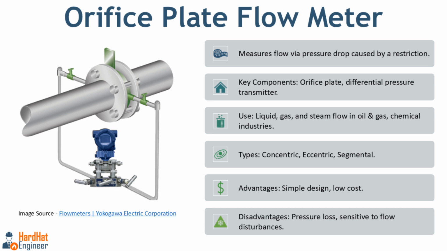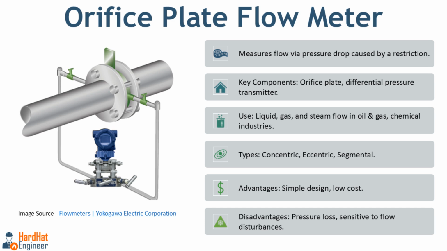What is the Orifice flow meter? The Orifice plate flow meter is a device used to measure the flow rate of fluids like liquids, gases, or steam. It works by placing a plate with a hole (orifice) in the path of the fluid to create an obstruction in a pipe. This creates a restriction, which causes a drop in pressure across the plate. Here in the image you can see the difference in pressure from the upstream side to the downstream side of the plate is directly related to how fast the fluid is flowing,